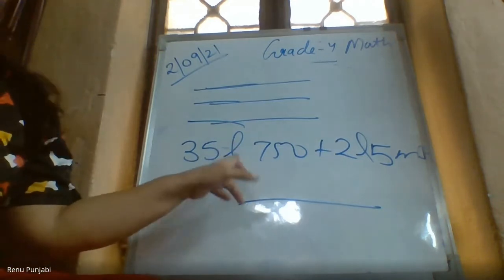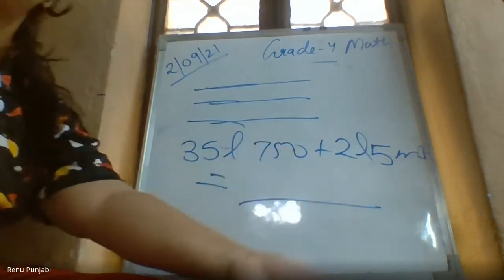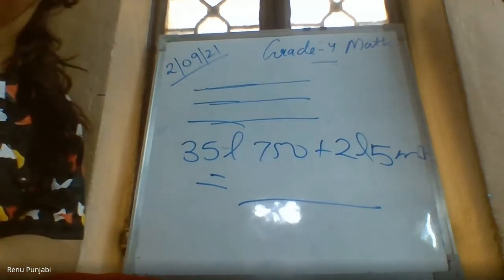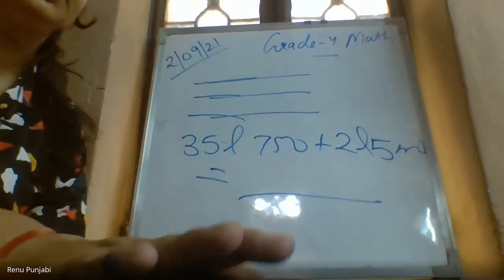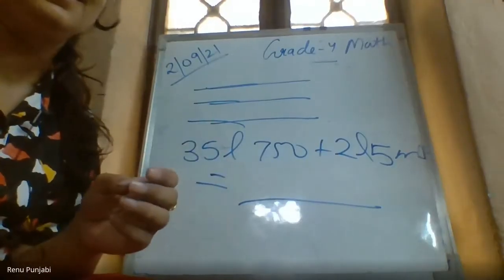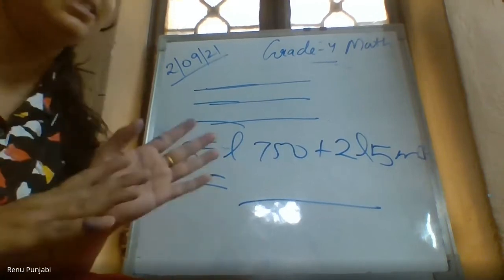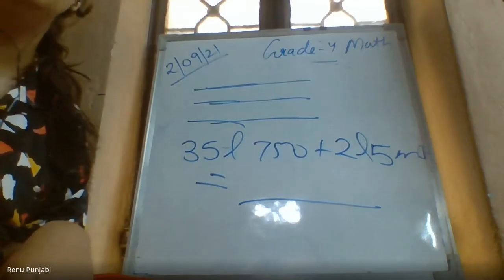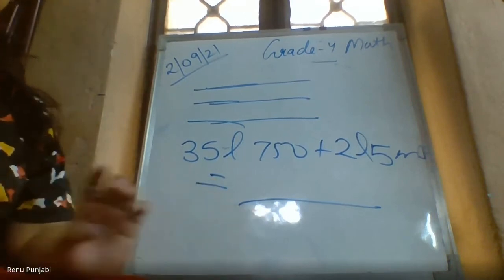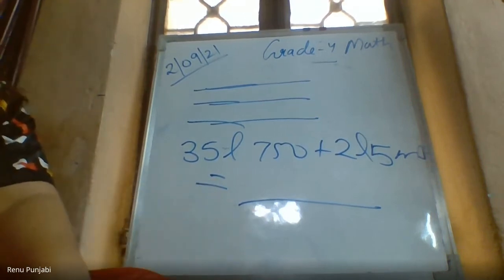Please compulsorily write this statement. And if you don't have space for solving, write the digits, solve it in your notebook and write the final answer. But ma'am, you have given the big line, so do we have to write the full statement or just the answer? Full 3 statements. आपको जैसा समझ में आता है, whichever you understood, how you understood, please write. I will check. The way you write in notebook, जैसा आप लिखते जाते लिखते जाओ. अगर वो accept करे, Google form will accept everything.